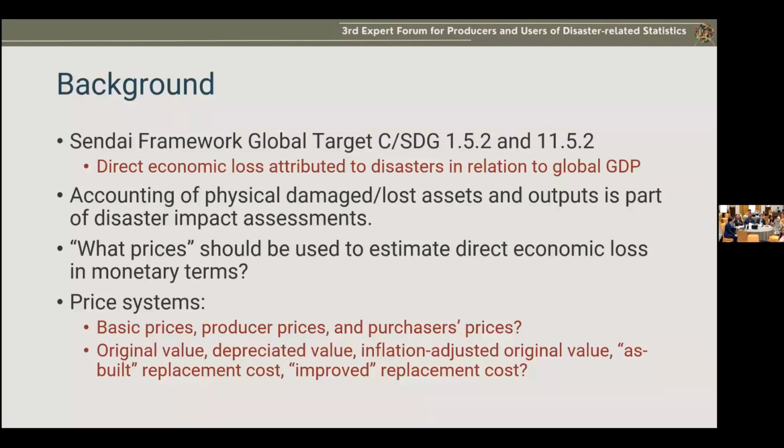Or, and this question comes up a lot, once you need to repair or rebuild your house, should you also make sure that the new house would withstand the new disaster that may come? Then the cost wouldn't be the same as the as-built replacement cost. So we maybe call it improved replacement cost. So there is more than one set of prices that we have to consider. And we know that this is a challenge. There are a lot of manuals out there, but perhaps we want to have something very tangible that all countries might be able to agree and implement going forward.